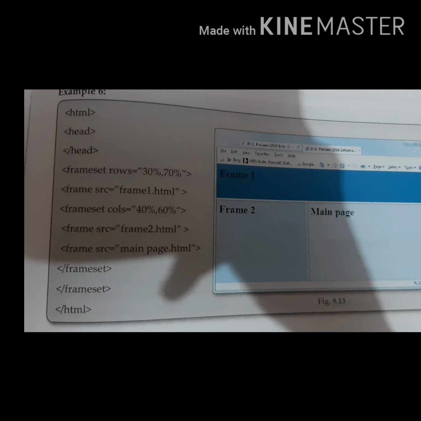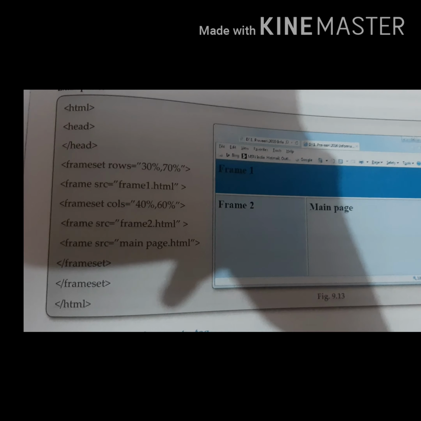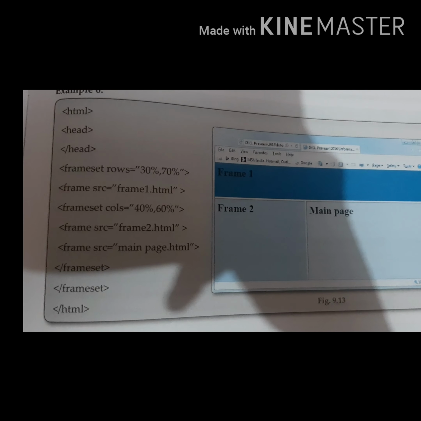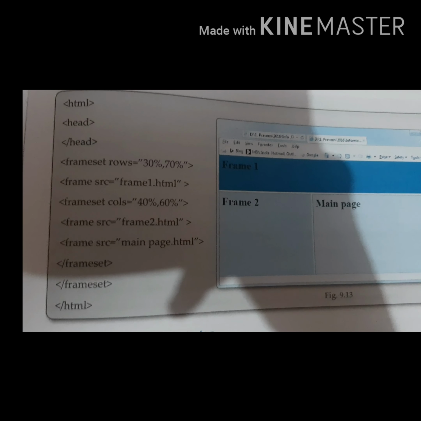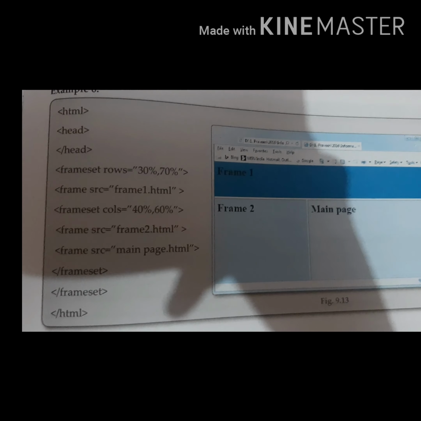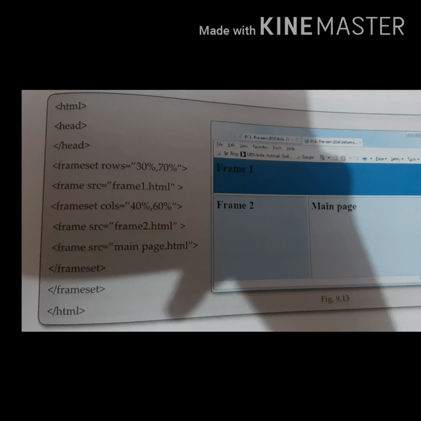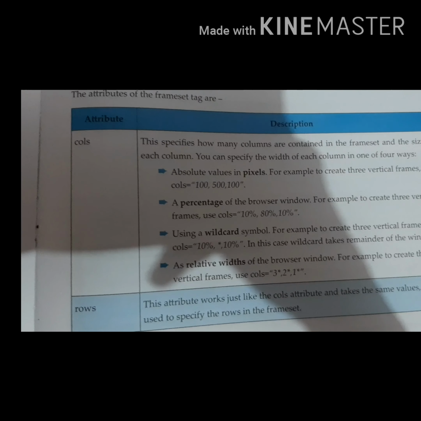Here you can see we have divided the browser window first row wise 30% and 70%, and then included the frame1.html document, and then again we have divided the browser window 40% and 60% size column wise, and then included the pages that we want to include.